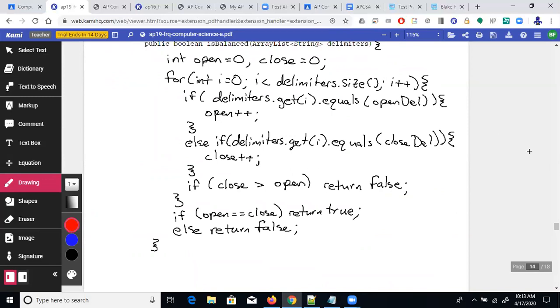And I said, if it's equal to an open delimiter, increment my open counter. If it's equal to a closed delimiter, increment my closed counter. Inside of the context of the loop, I say if closed is ever greater than open, immediately return false. I don't have an else return true. If you're wondering why that is, it would only look at the very first element and return true or false